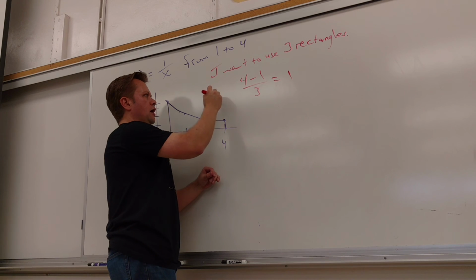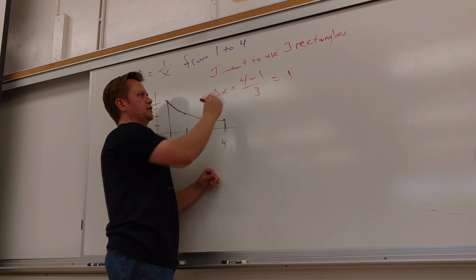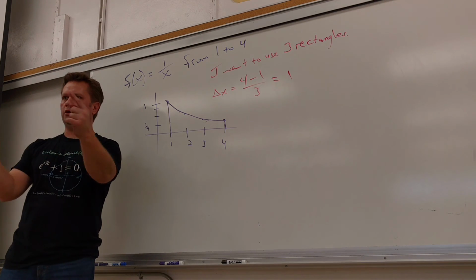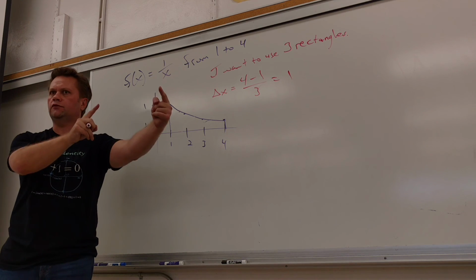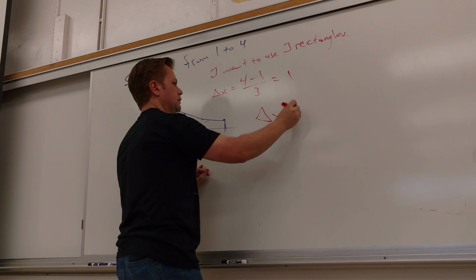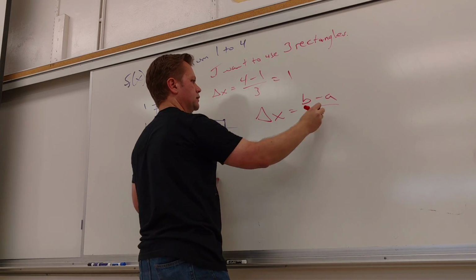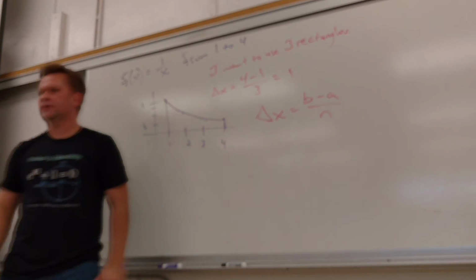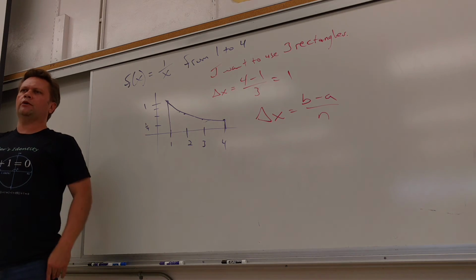So for the width, I'm going to use delta x to represent it. That kind of makes sense because it's going to be on the x-axis. This is how much x changes for each rectangle. So in general, delta x is going to be the top minus the bottom divided by the number of rectangles I want to use, right? So if I wanted to use 6